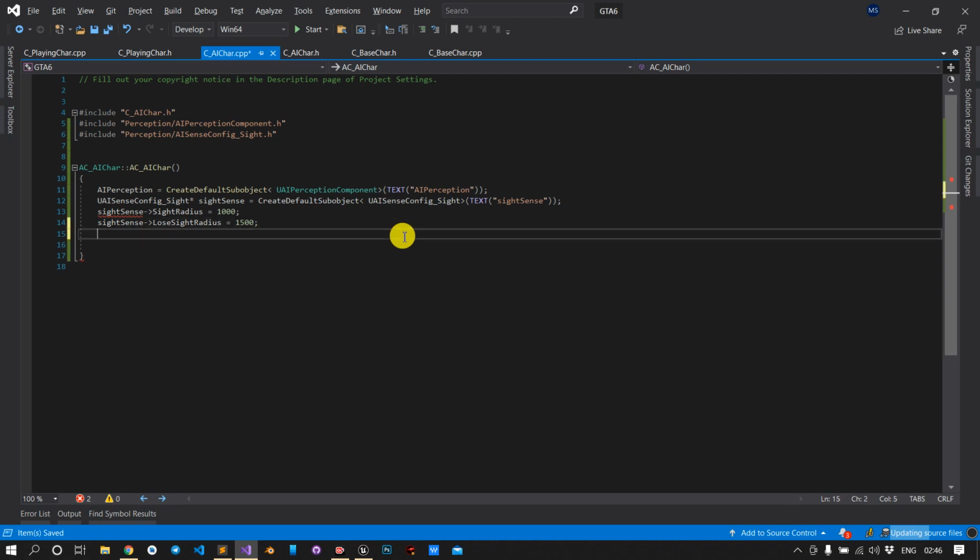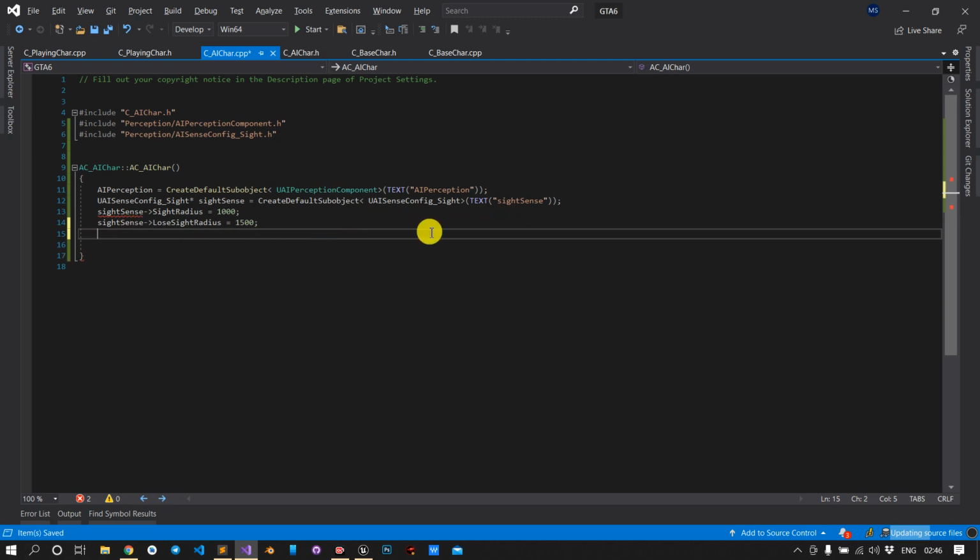Next thing, we have to put whom we want to look for. Are we looking for friendly, or an enemy, or are we neutral? Neutral means we will look for everyone.